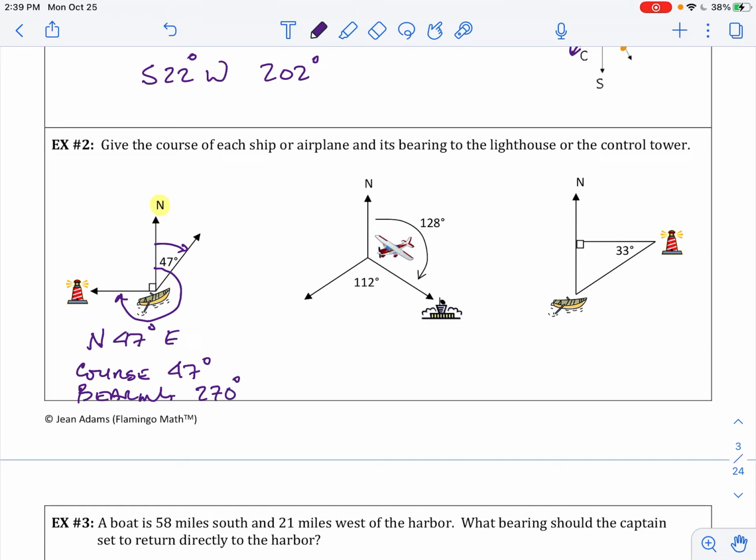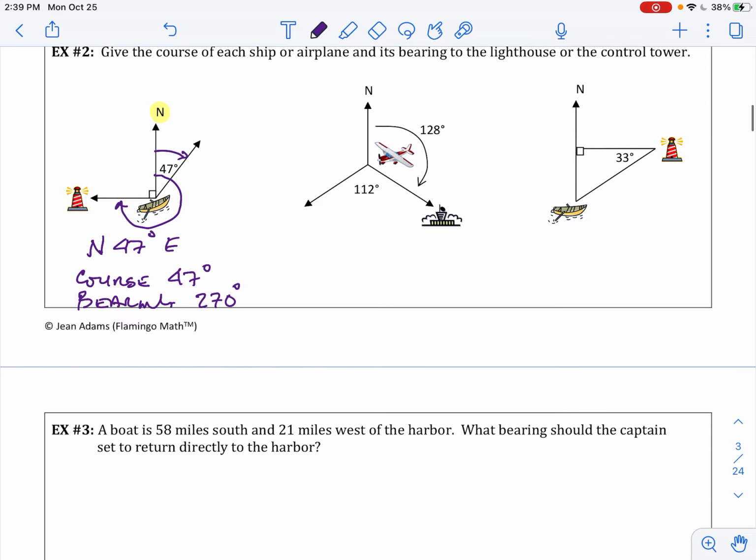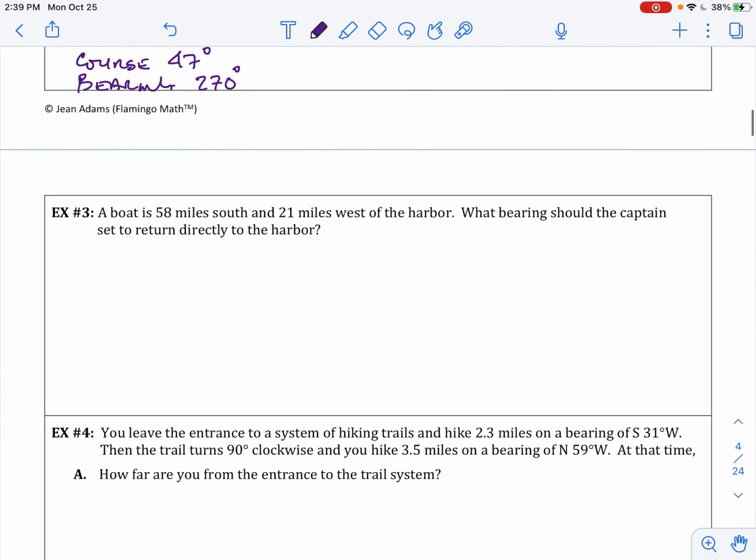Okay, for that. Okay, now for the next one here, if we go through here, it says give the course for each bearing, ship or airplane. I'm not sure how much more we got to do, but that's sort of where we are with that. Okay, let's get to some other problems here then. So number 3 says,